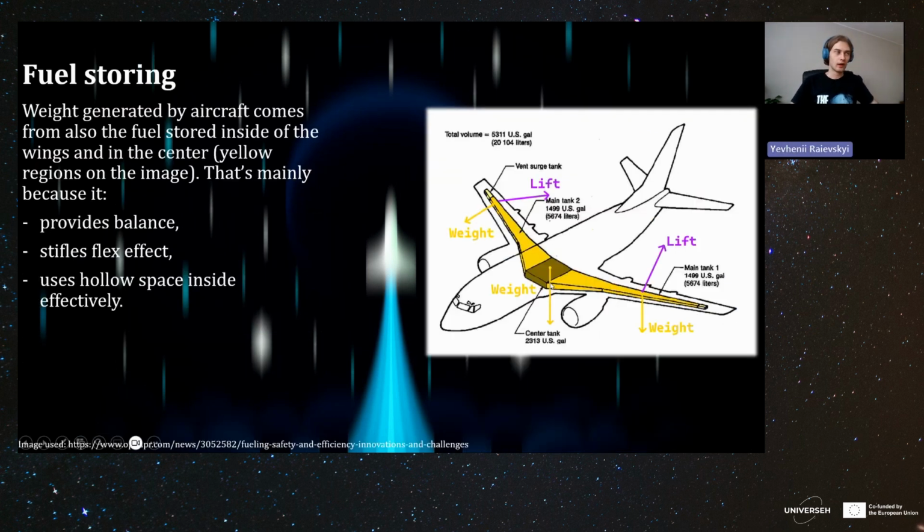So we can also add a thing to our system with aircraft. I mean fuel storage. Fuel storage also influences an aircraft's stability here. Locating fuel tanks within the wings, so in this area colored in yellow,